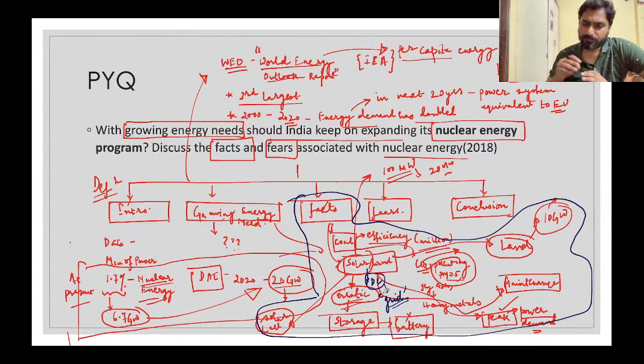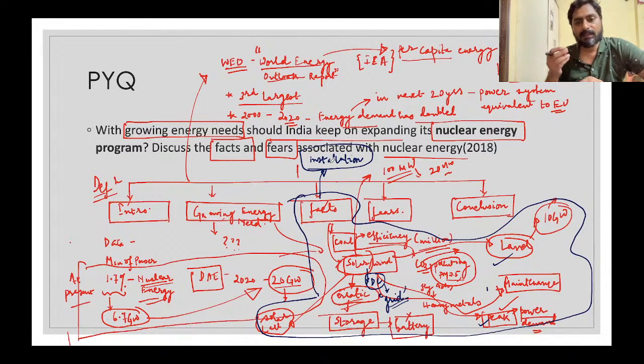If you look at another challenge, it is not able to meet the peak power demand. That is also a concern. And we said that the land requirement is also very heavy in this case. So what we can do is switch to nuclear, and all these issues can be resolved. Also the advantage of nuclear is that yes, the installation cost is high, but the operational cost is very low. So running nuclear power plants in the long run is not going to be very costly. In the long run it would be more efficient cost wise also.